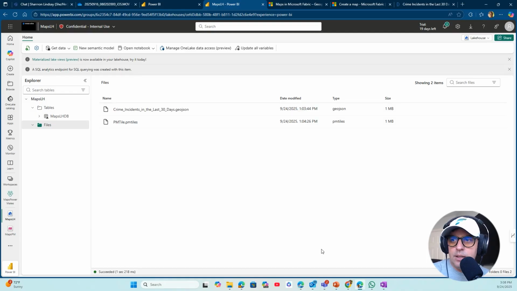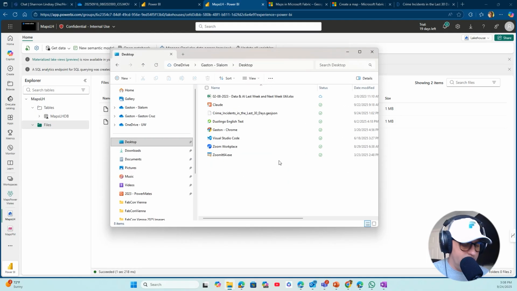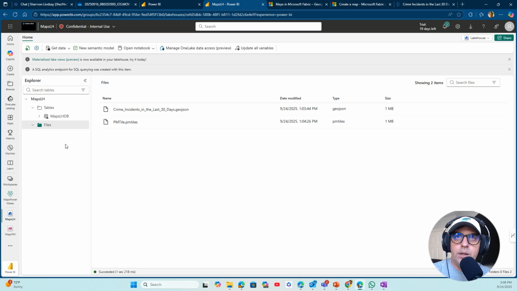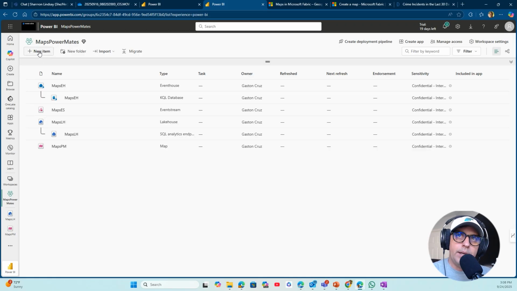You can see that in my case, I have downloaded this file into my desktop, and that was the file that I'm uploading via the get data option and uploading files. That is the file that I'm uploading, the GeoJSON file. That is kind of the first step, to have a file that has different geolocations across the space. But again, you can attach a file, you can attach a lakehouse, you can attach an event house, and then the next steps on this one is going to the new item in my workspace,